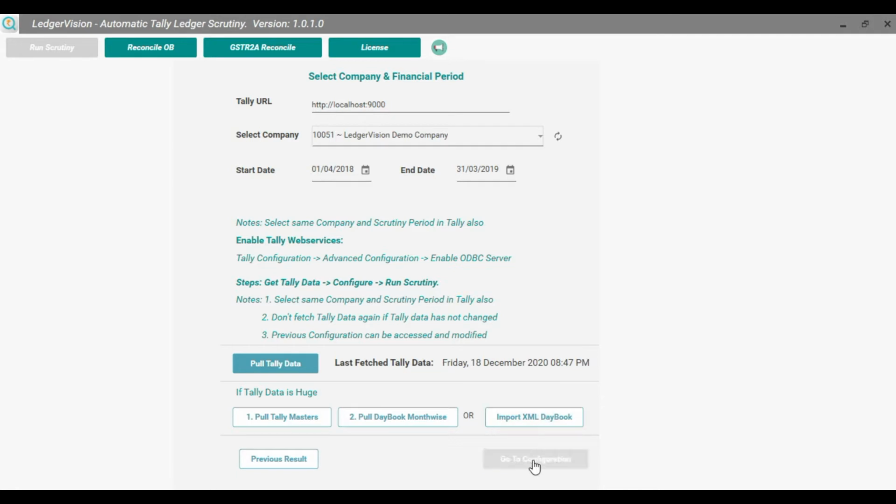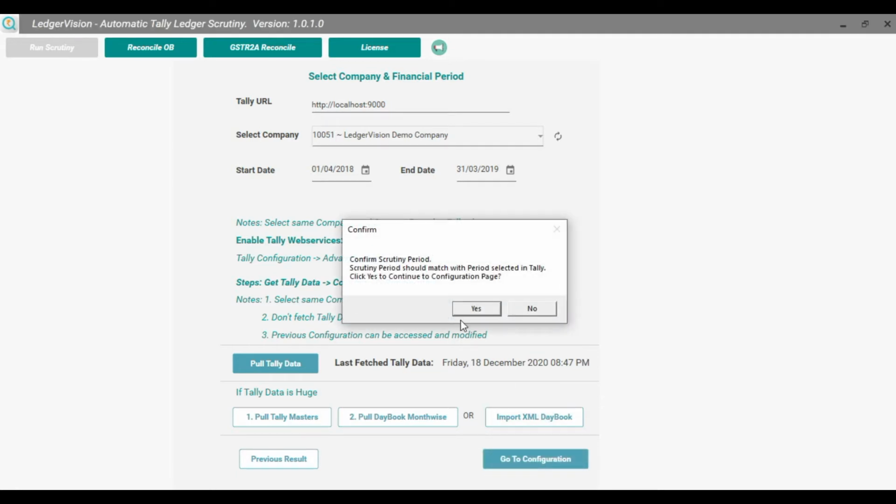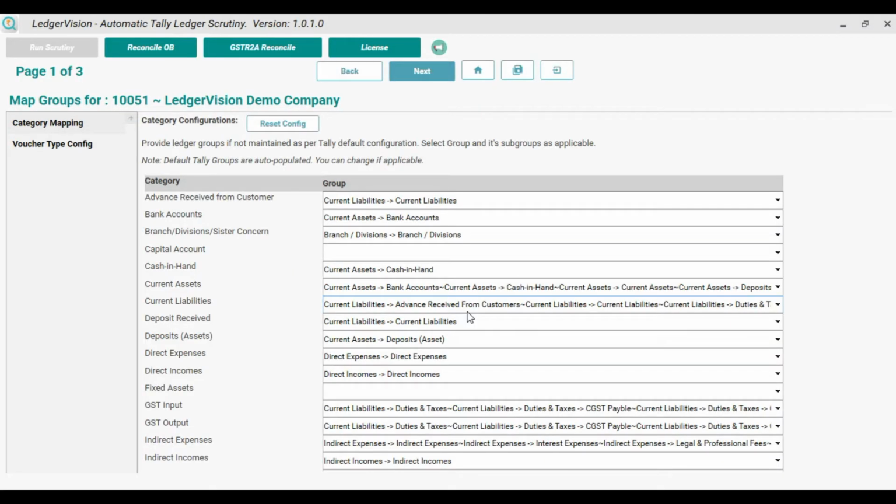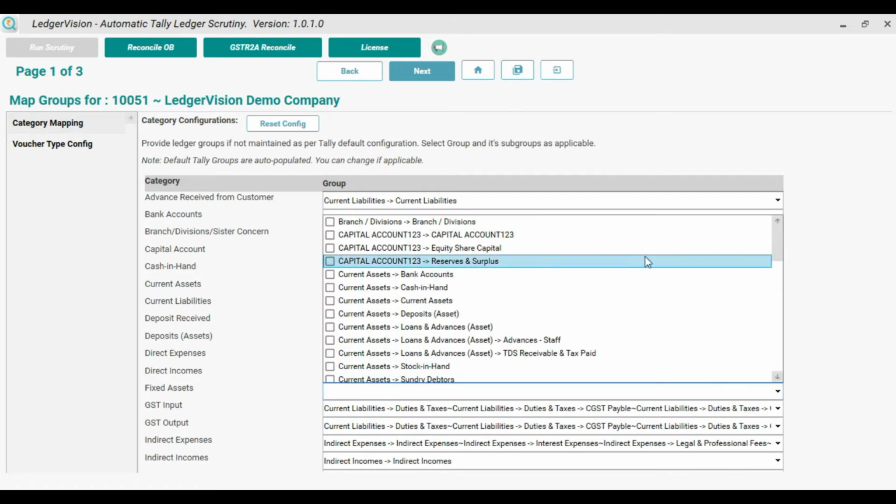So you have to go to configurations, and there are basic requirements. You can see LaserVision picks TDS instances from creditors, debtors, fixed assets, cash, bank, provisions, prepaids, loan to NBFC, etc. So you have to configure all those details.